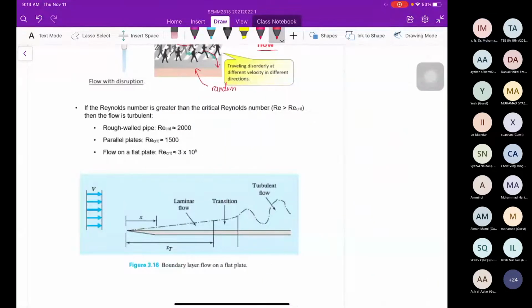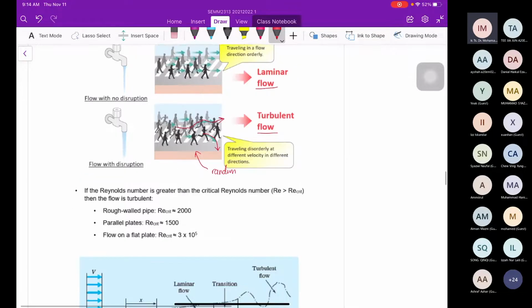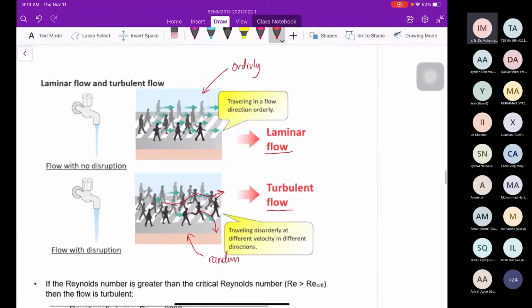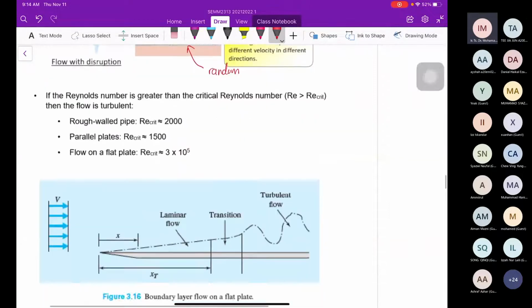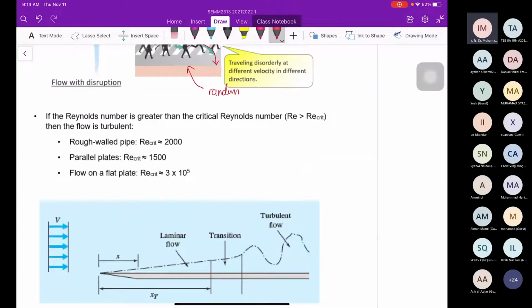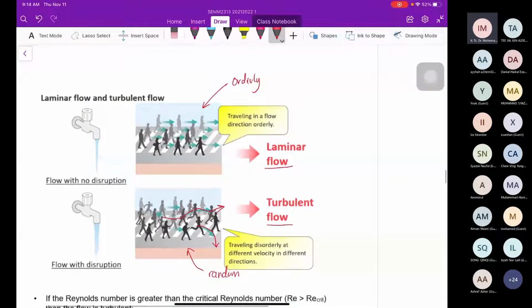So, if the Reynolds number is greater than the critical Reynolds number, then the flow is turbulent. This statement means there is a way to differentiate between laminar and turbulent. So how to differentiate? It is very difficult just to look with our eyes. So we have a value to differentiate between laminar and turbulent. Since laminar is very slow motion, traveling at low speed,